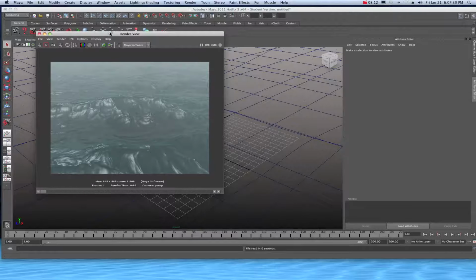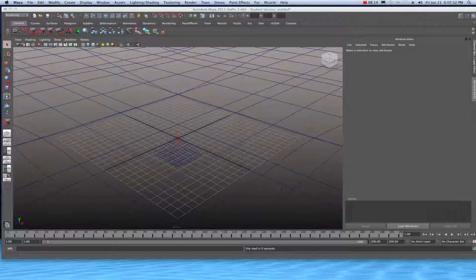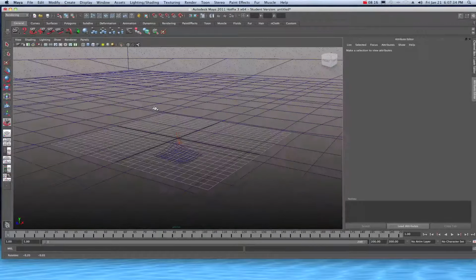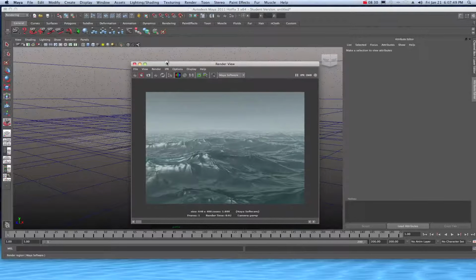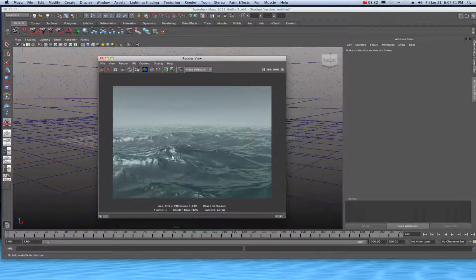Well, let's take a little bit different angle on it. Maybe just go to something like that. And you'll notice that there's a directional light in here. Here is the plane of the ocean, and then here's basically our horizon. Well, let's take a quick render for reference, and there we go. So you'll notice right away what's wrong with it. It doesn't really have foam, and I see some banding up here that we can correct,